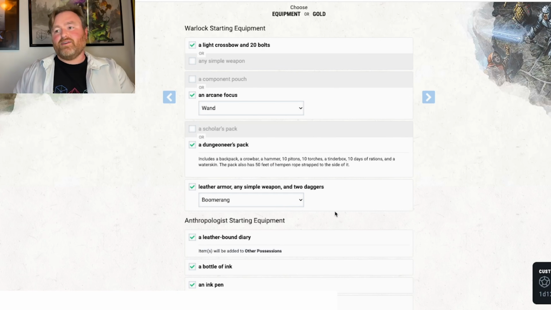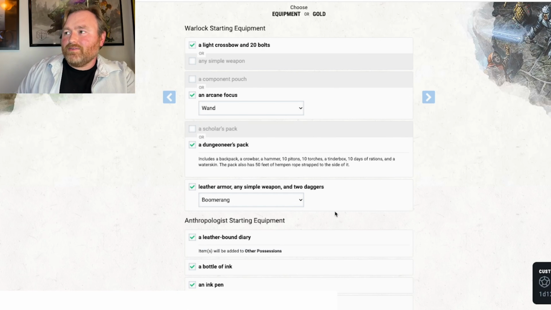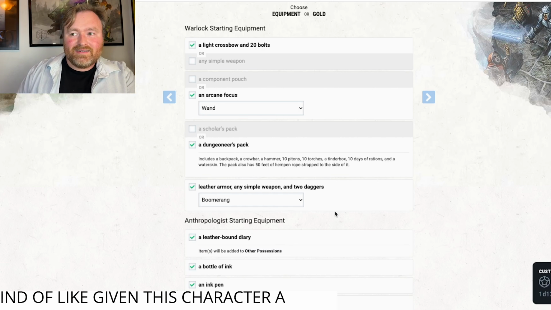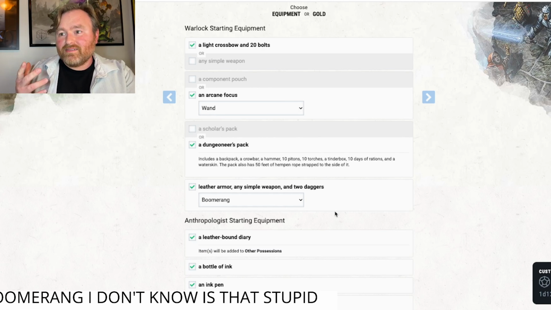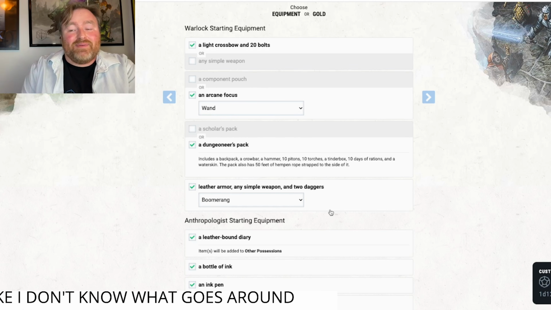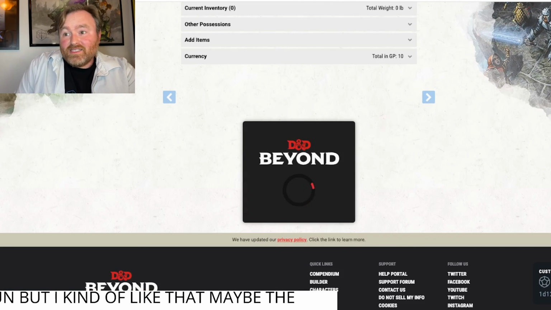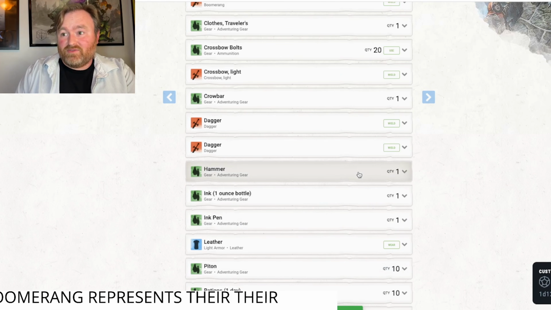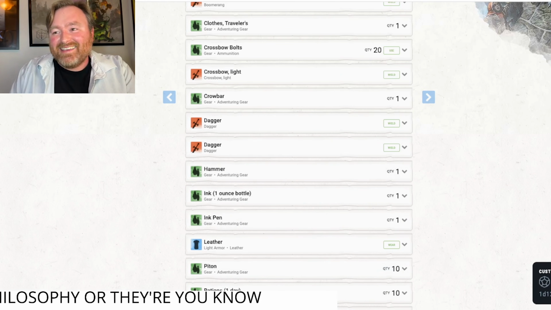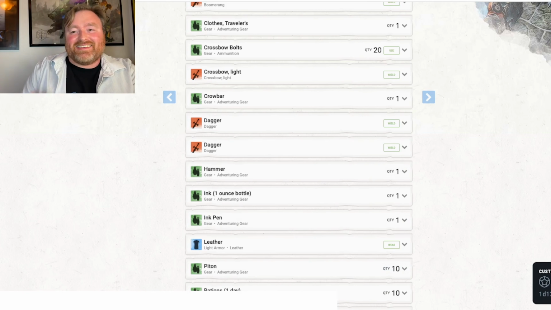I kind of like giving this character a boomerang. I don't know. Is that stupid? Like, what goes around comes around? It's a bad pun, but I kind of like that maybe the boomerang represents their philosophy, or their predecessor's philosophy. Steffi says, at this point, which is such a great, listen, you've done so much of